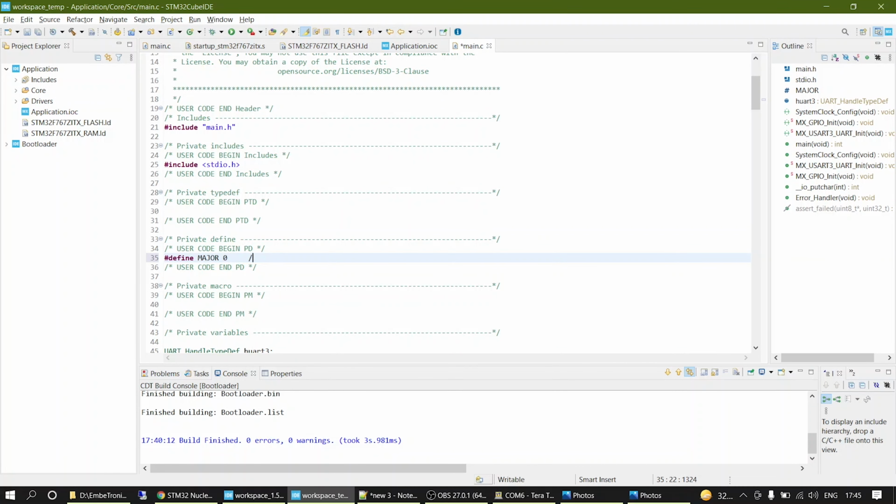Then create the macro and variable to hold the application version.